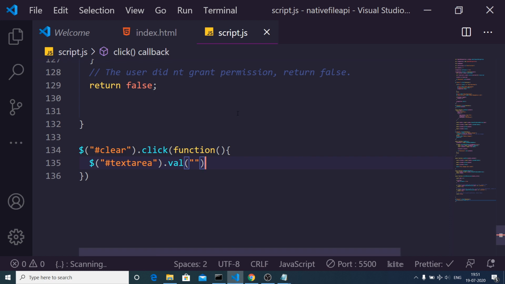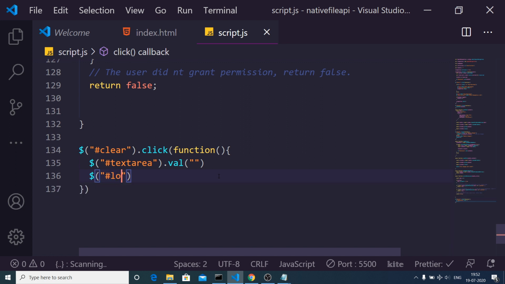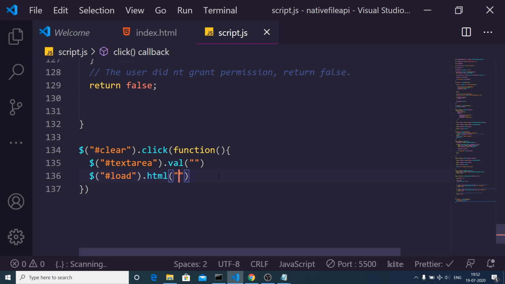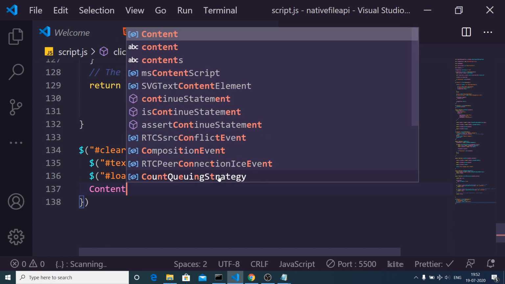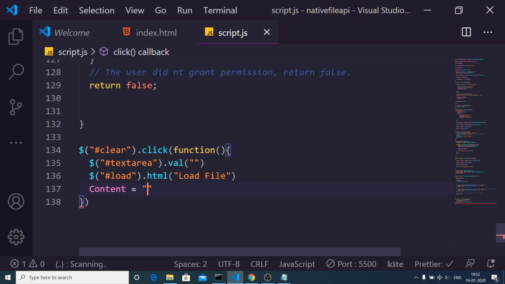So after this, guys, what we need to do is that we also need to change this load button text to again load file, and also we need to reset the content to nothing. Content is equal to nothing. That's it.